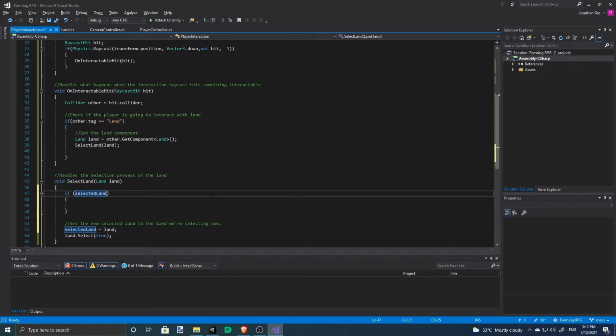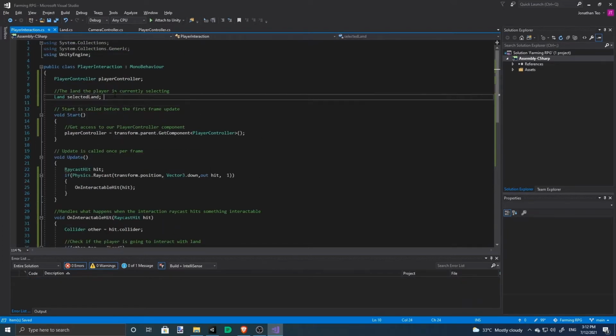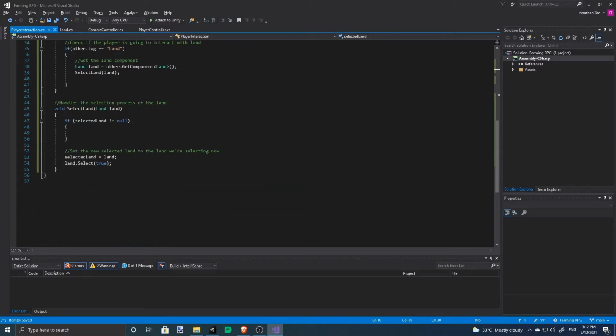But if we were already selecting some land before this, selected land is not going to be null. Because by default, selected land is null. But when the player had already selected another land before that, it's not going to be null.